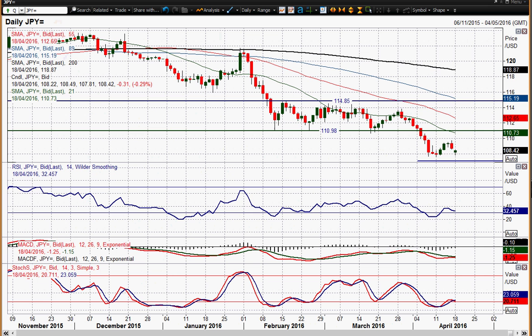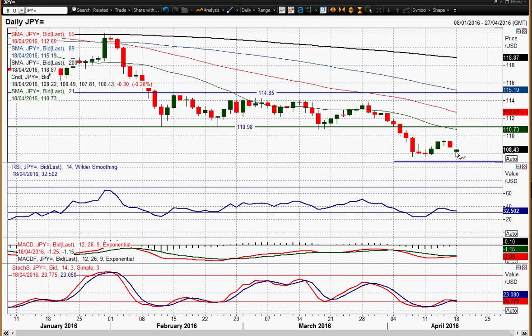Let's look at dollar yen. This is the interesting one, isn't it? Because we had this candle on Friday. It actually turned out to be a bearish key reversal day, and just flipped the outlook back towards negative again. We saw a reaction high of 109.73, and it seems that the rally already is